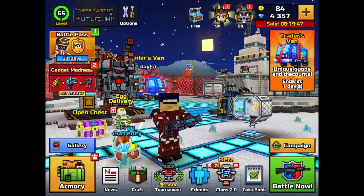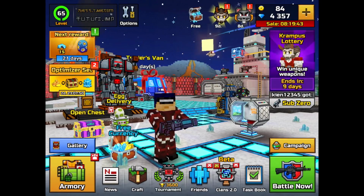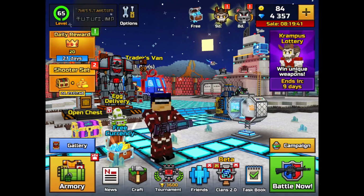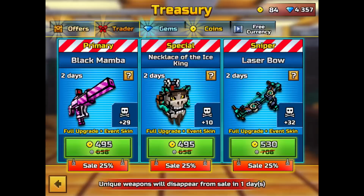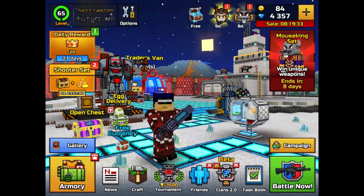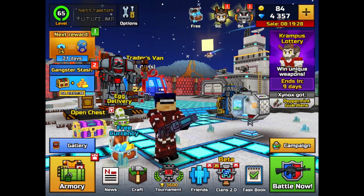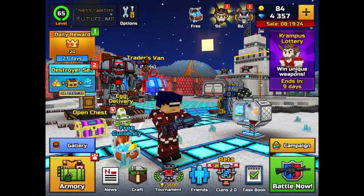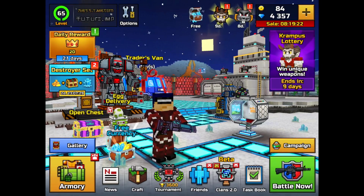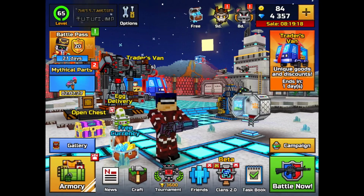Now let's get back to Pixelgun. So what have I done? What am I going to continue with? I'm still going to continue with the Shopping Man series. I'm still trying to buy everything, but I've also seen that the Traders van has returned with the skins, and also the developers, if you didn't know, have returned the Ultimatum again in that Traders van, which kind of upsets me, because this has turned to a point where the game wants everyone to have the Ultimatum,